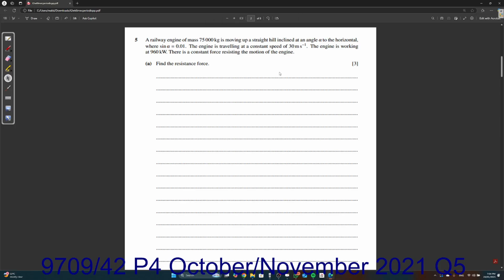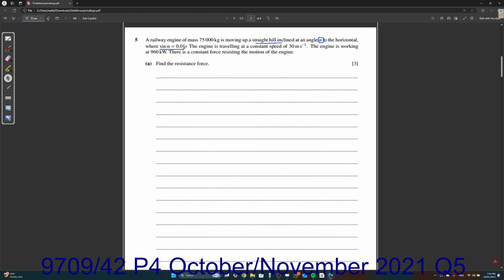Okay, this is 9709, October/November 2021, question 5. Whether you're doing AS or whatever exam you're taking. A railway engine of mass 75,000 kilograms is moving up a straight hill inclined at an angle alpha to the